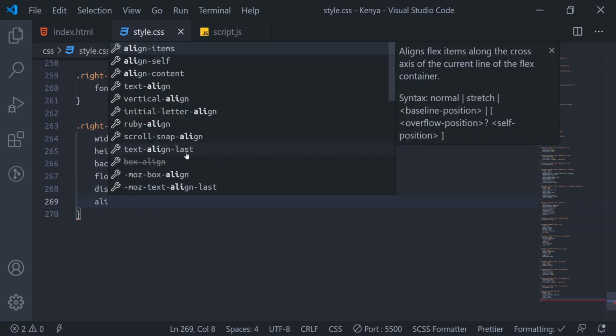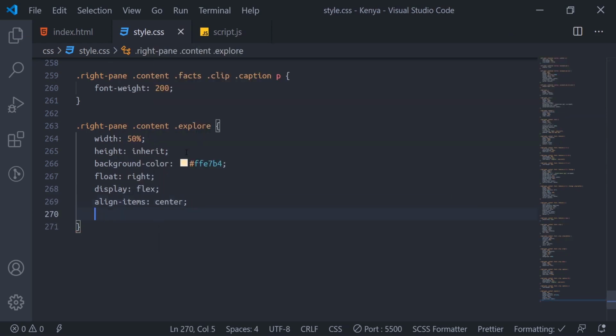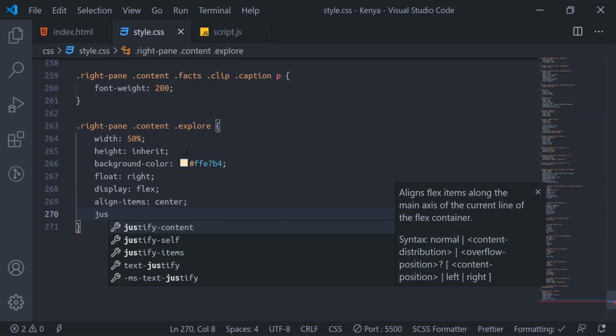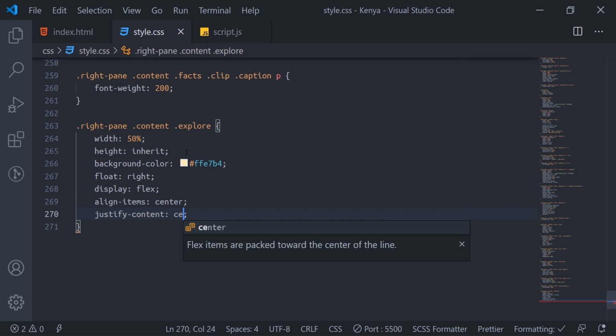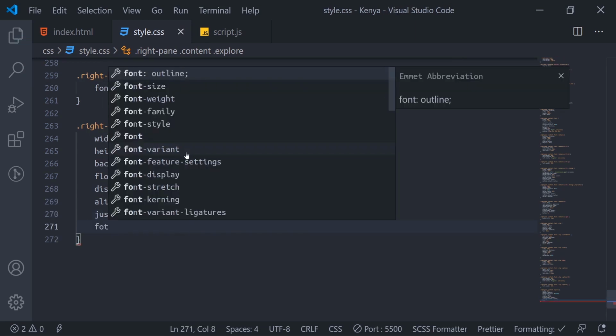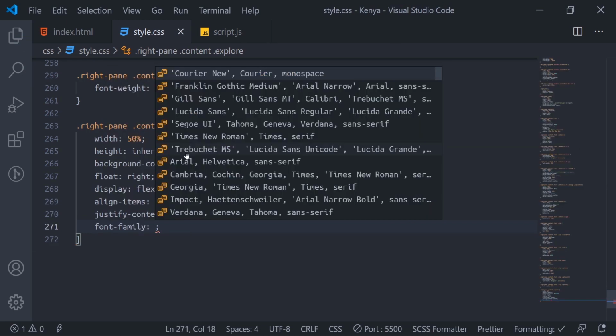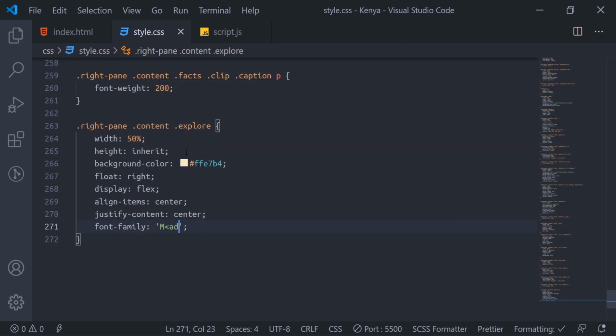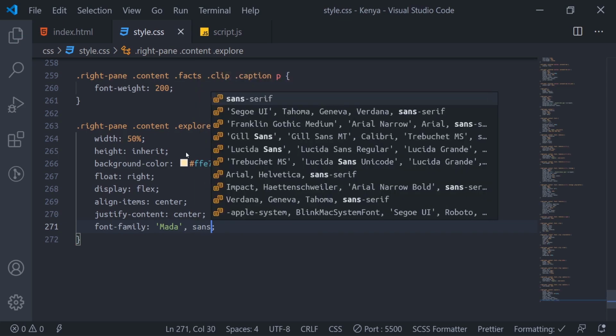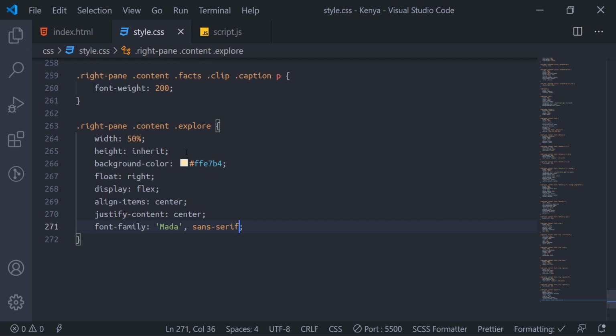So align items center, then justify content center. So now set the font family. Font family Mada, sans serif. Okay.